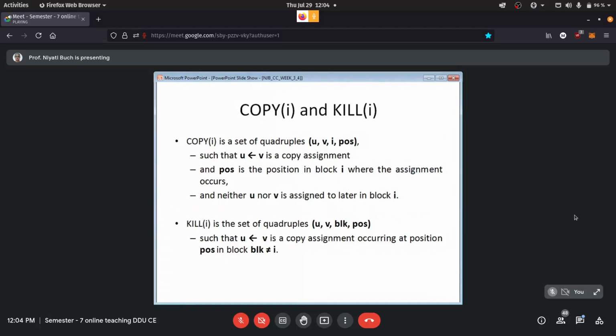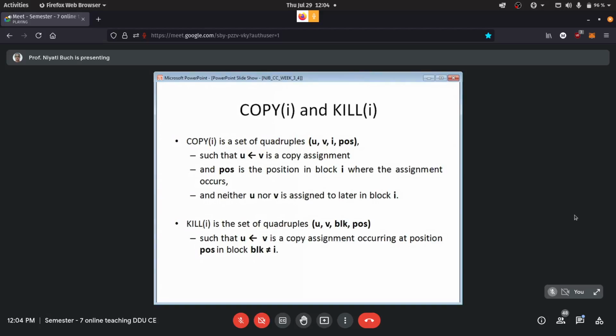The third value in our quadruple is going to be the position in the block I. So POS is the position in the block, and the block number is I, where this assignment is happening. Make sure that neither u nor v is assigned or reassigned later in that particular block. That we have to be careful about. So that is our copy set. Next is kill.